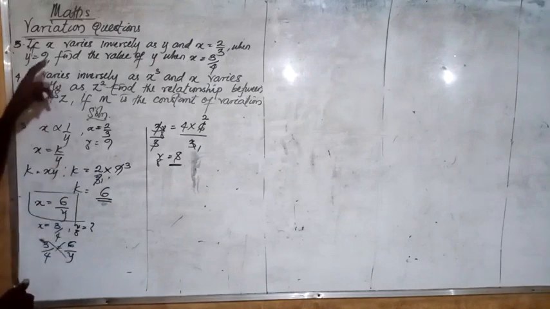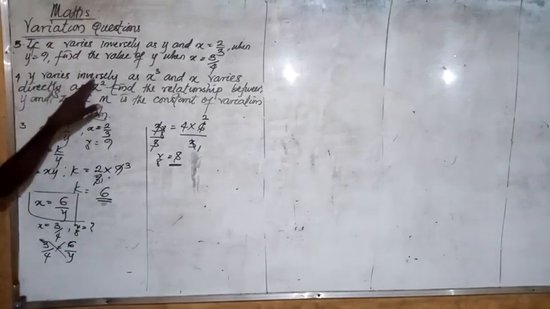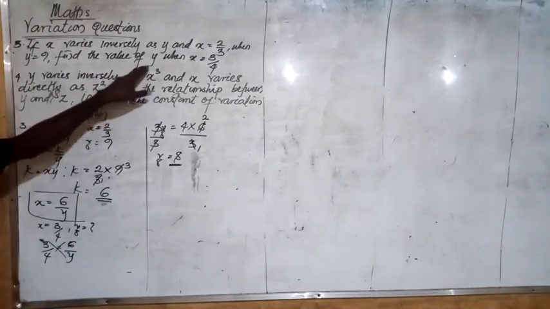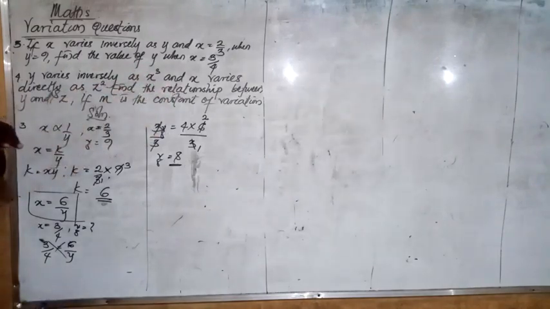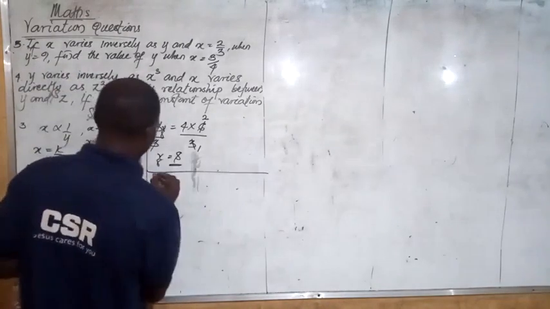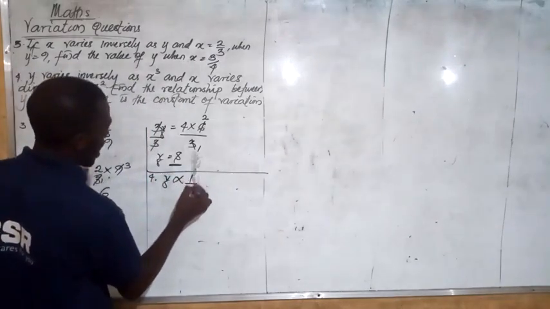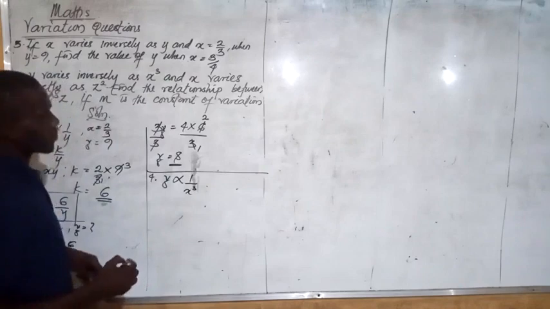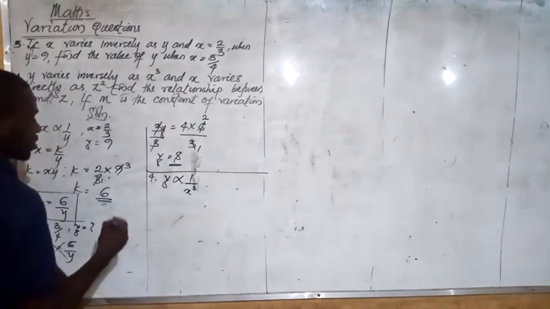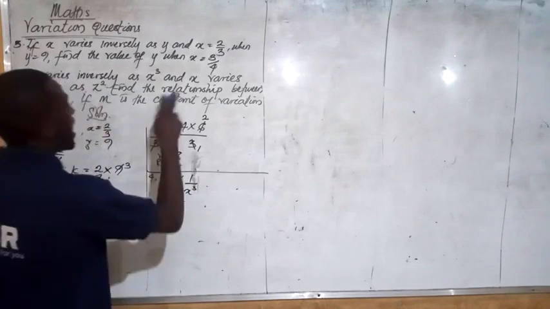Now the next one. That was an inverse variation, and this one also looks like an inverse variation. It says y varies inversely as x cubed, and x varies... Okay, this is a joint variation. So let's interpret it. Number 4 says y varies inversely as x cubed. So using k as our constant of proportionality, we have y will be equal to k over x cubed, and x,